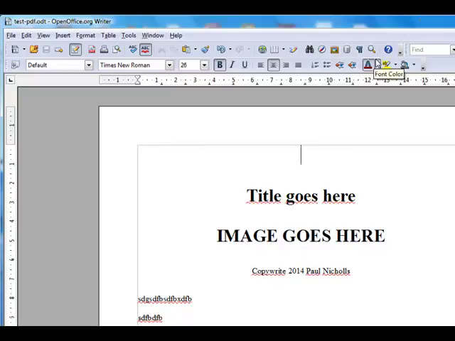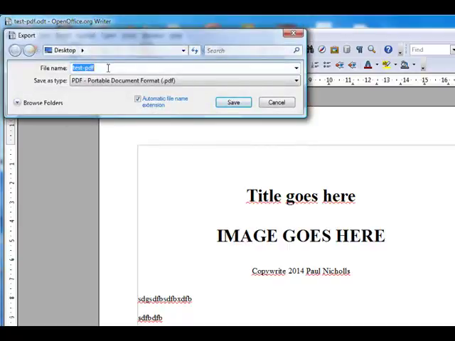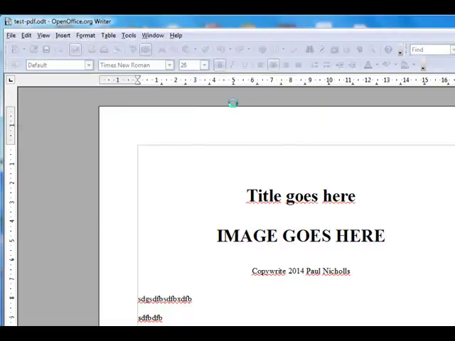And I can see it at the top there. So what we're going to do now is we're going to click PDF. You see that little PDF tab there? As I say, in Microsoft Word or any other type of tool that you use, which is going to be similar, OpenOffice might be slightly different. The layout of the toolbars and stuff might be slightly different, but for this one you just click PDF, and again, you could just save it as the same test PDF, but this time it will be saved as a PDF document. So if we click save,